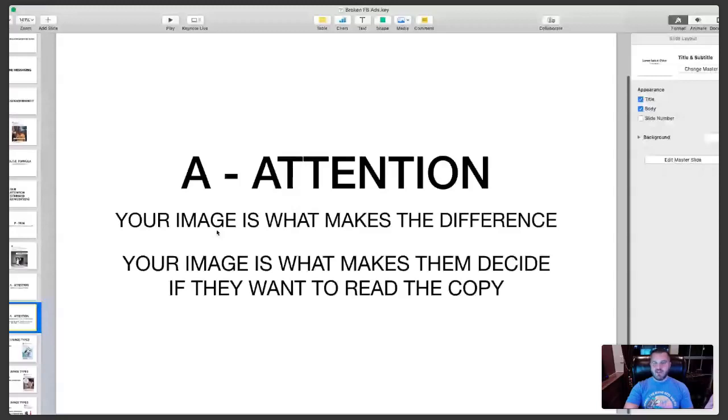A native image is an image that is native to the platform in the sense that it looks like an image that your friends would post on Facebook. It doesn't look like an advertisement. So I'm just using this as an example. This is an